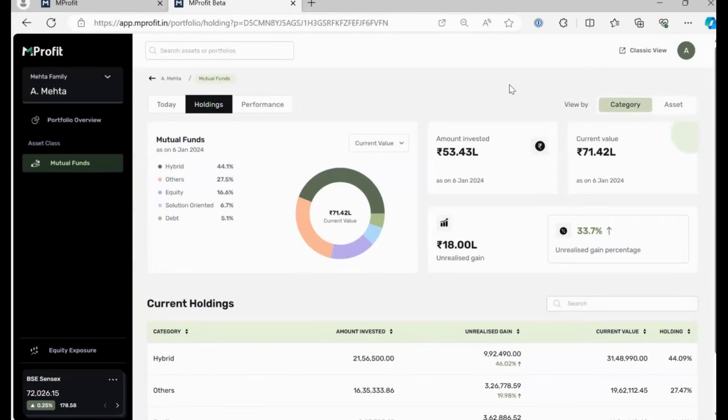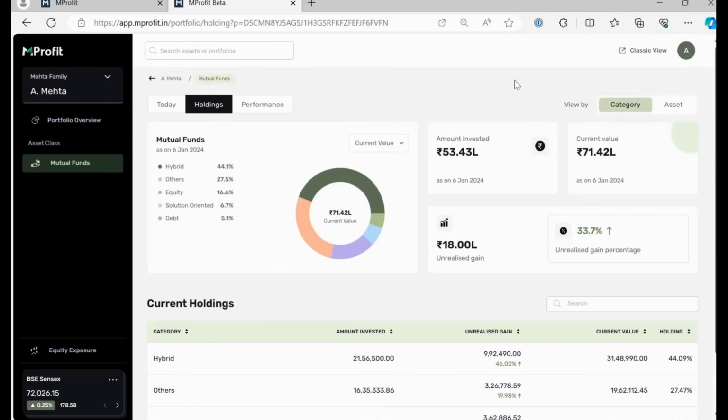So view by category basically is just a way for you to track your overall asset category level exposure, because you might be investing in a variety of different products, stocks, mutual funds, bonds, FDs, PPF, NPS. But at the end of the day, from an asset allocation perspective, you also want to see what your exposure is to each type of category.